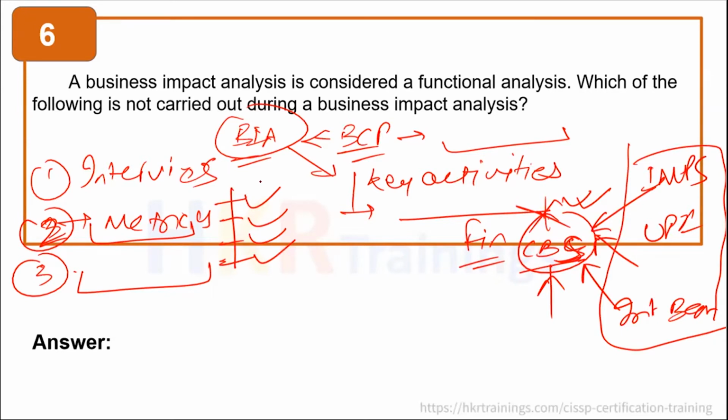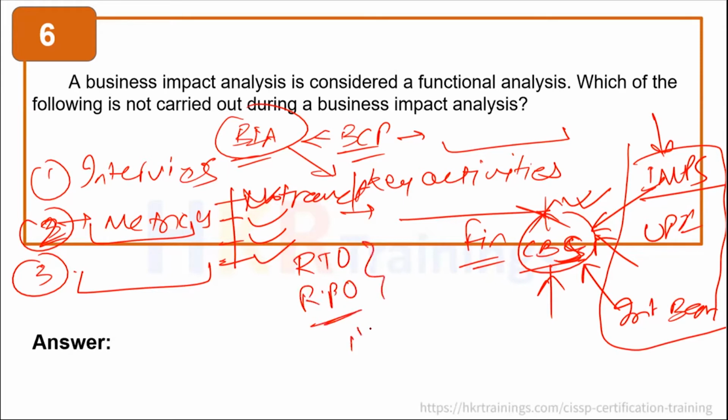So one of the metrics can be the number of transactions. Say if my IMPS goes down, how many transactions will I lose per minute or per unit time, per hour maybe, whatever the metric is. And then we define the RTO and RPO, which is recovery time objective and recovery point objective. And then there is one more thing, MTPD, which is maximum tolerable time, after which you cannot recover the